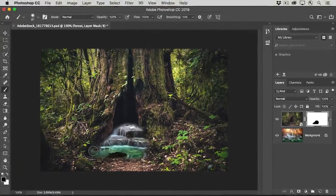If you want to bring back something that you hid, maybe part of the forest, just press X on your keyboard again to switch to white paint and paint over something that you hid. Continue to press X back and forth as you paint to switch between black when you want to hide the forest and white when you want to reveal the forest. So I'm going to switch to black again by pressing X,